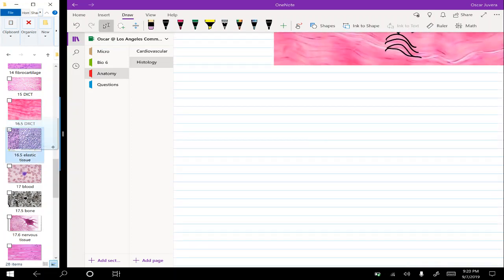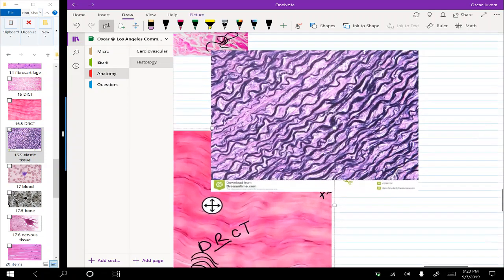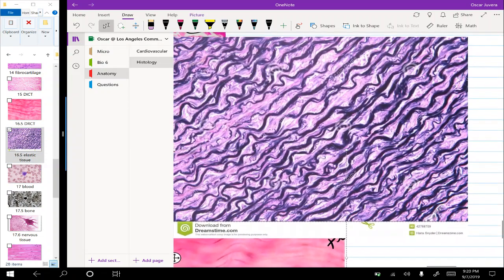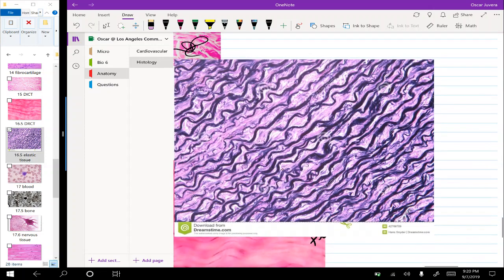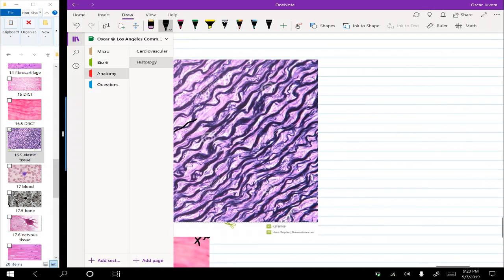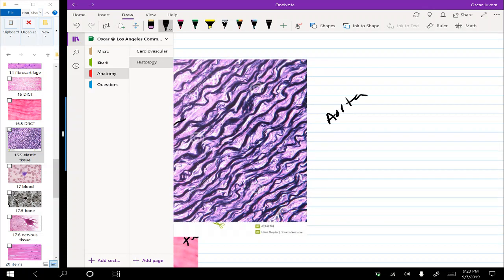Let's see, elastic tissue. Think of this as a rubber band. And why I say rubber band is because all of these squiggly lines, all of those are elastic fibers right there. A place in the body where this can be found are major blood vessels like the aorta, which is the biggest blood vessel in your body. You'll see that in another unit, because it has the ability to